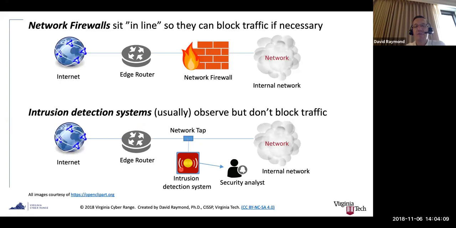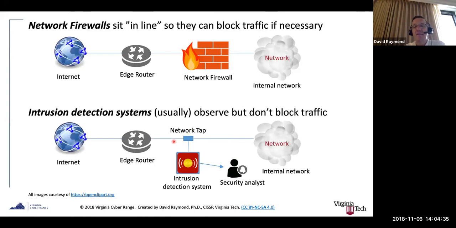The intrusion detection system is going to function either in a rule-based way or an anomaly-based way, or both. And then when it sees a suspected intrusion, it's going to send an alert to a security analyst, and then the security analyst is going to go back and inspect the device or inspect the network traffic and see if there was an intrusion or not. Again, you don't block the traffic because there is lots of potential for false positives.